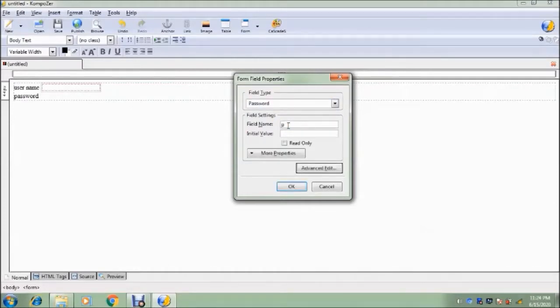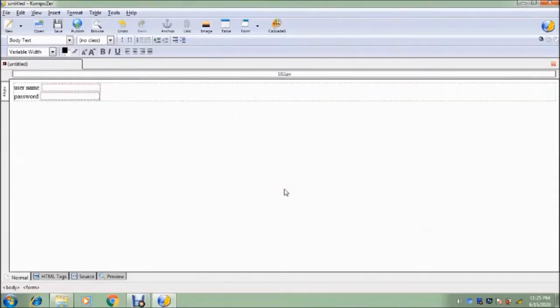You can give any name. Okay, as you can see, I had given the names T1 and P1. It is not compulsory, but it is a particular style. T means text box, P means password, like that. So you can easily identify that if P1 is there, then compulsorily it is a password. Okay, click on OK. Password box is there. Enter.